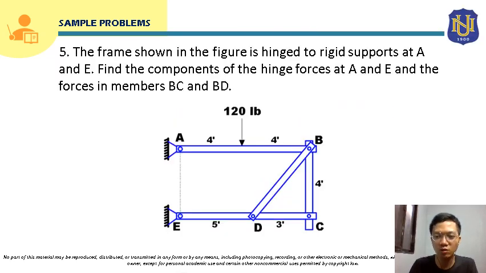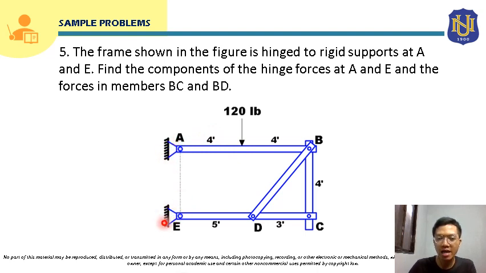So let's proceed now to sample problem number 5. The frame shown in the figure is hinged to rigid supports at A and E. Find the components of the hinge forces at A and E and the forces in members BC and BD. For this given frame, it is supported by a hinge here at A and also a